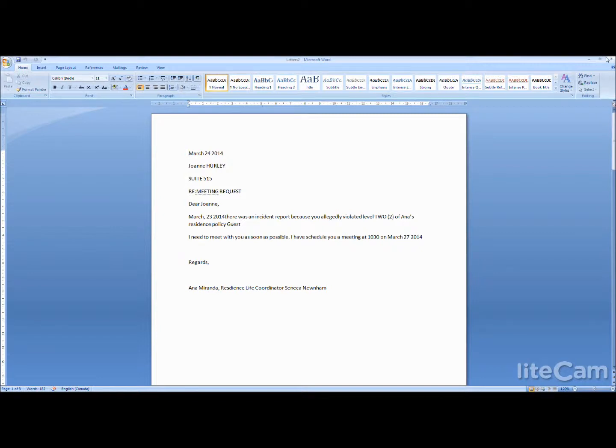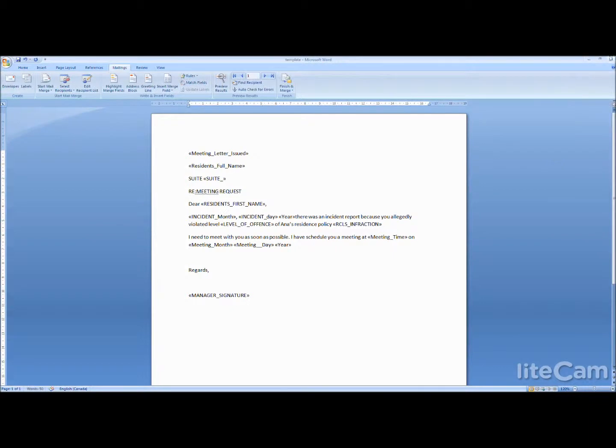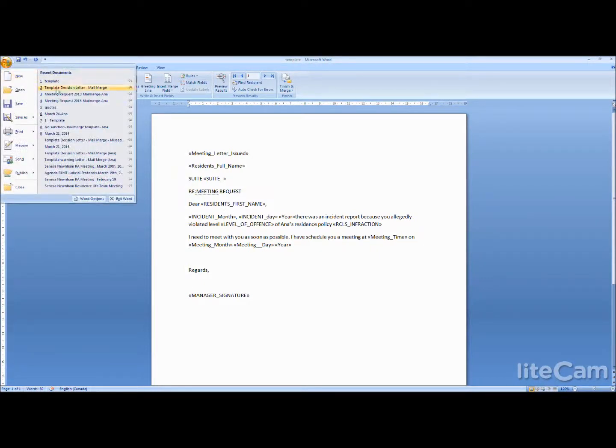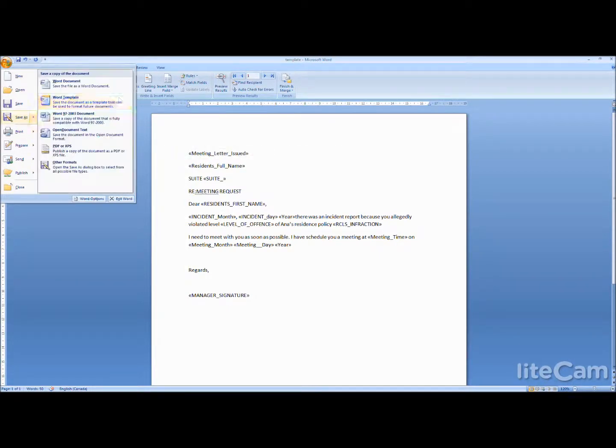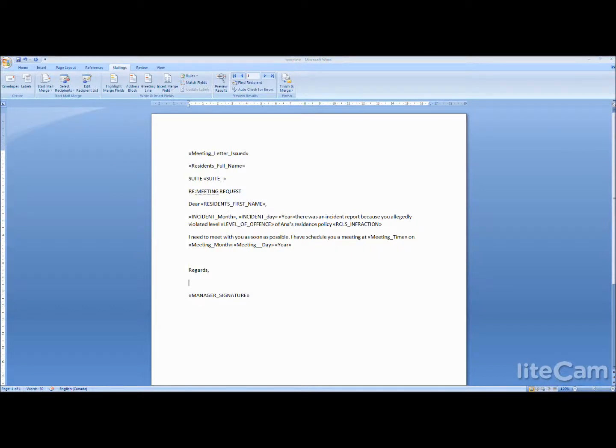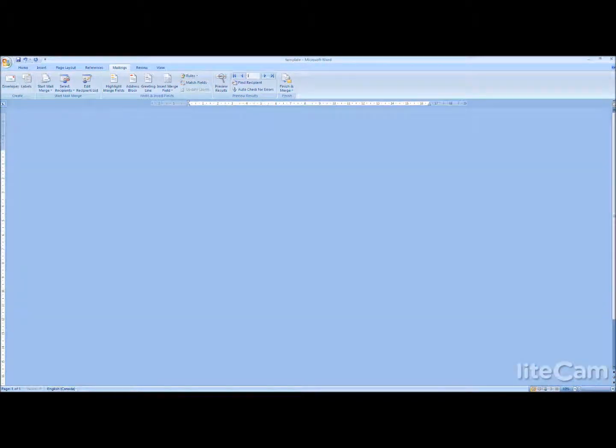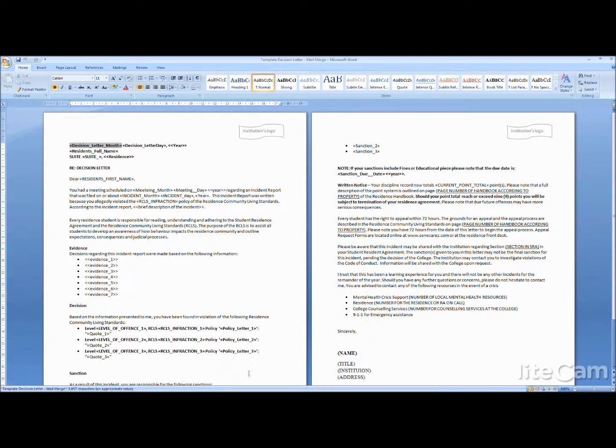I'm going to show you guys how to use it on a decision letter with a template that we already have. So I am going to open up one of the decision letter templates that we made for this to show you how it's done. Now, this again has already been linked to a particular TrackMaster, because you can see here, these are the fields. So the fields have already been created